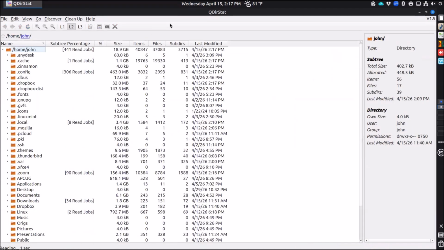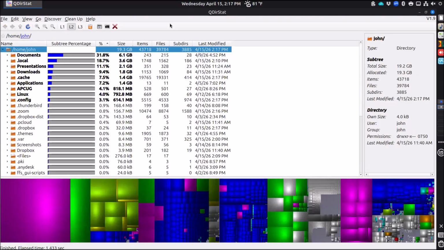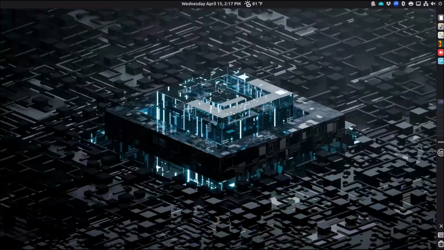So this is the program called QDirStat, and it's available. Windows people, you could do WinDirStat. KDirStat might still be there, but it's not being developed as much as QDirStat because of the newer file type system with the Qt files. So that's my list of